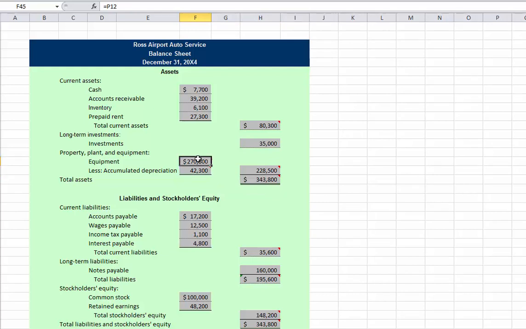We need to now subtotal each one of the subsections, being the total current assets, the investments, and the property, plant, and equipment to come up with our total assets. Our next area is our liabilities. Liabilities are claims of the creditors, which are the debts of the company. Under the classified